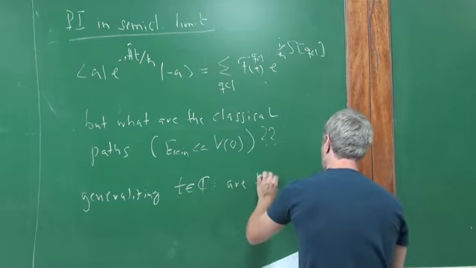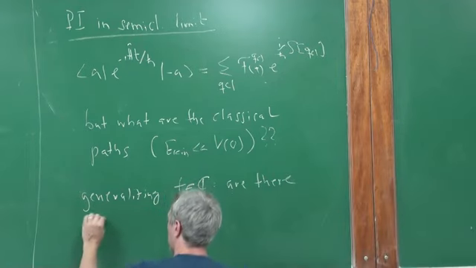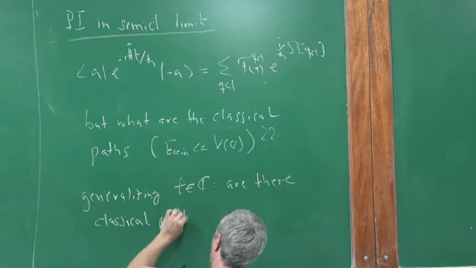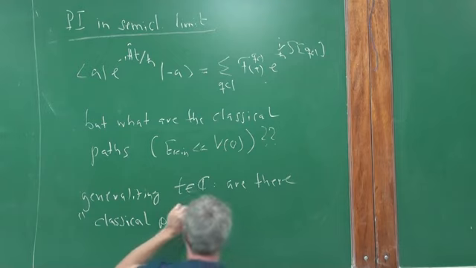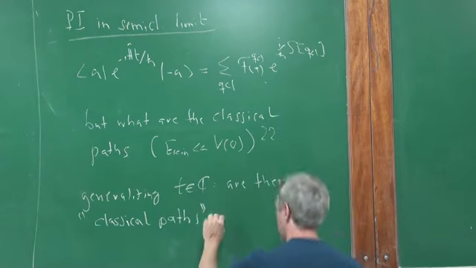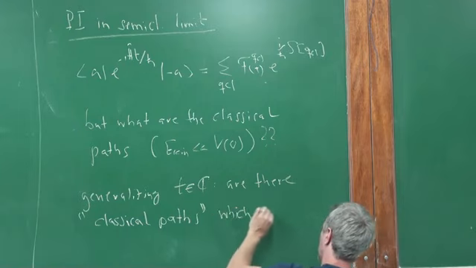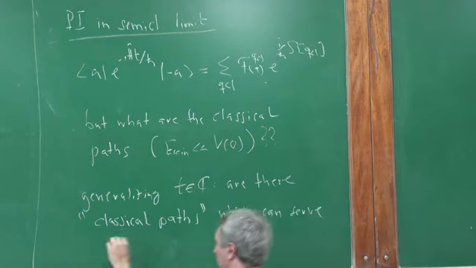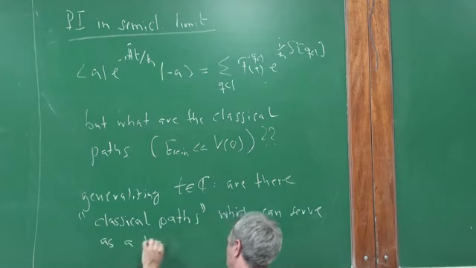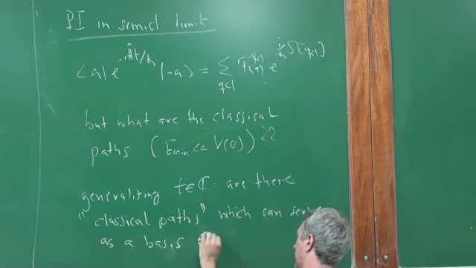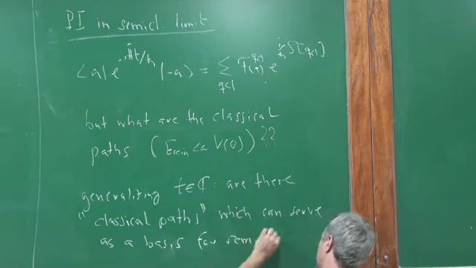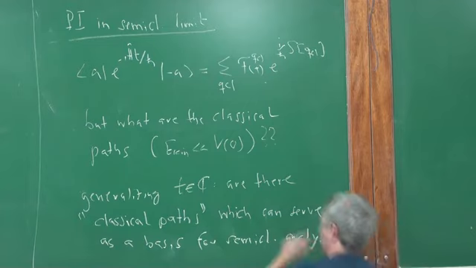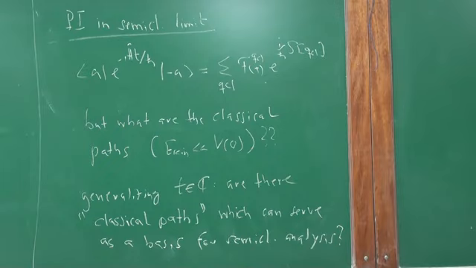Are there classical paths, which are then paths in imaginary time, which can serve as a basis for the semi-classical analysis? So that's the question we asked, and actually